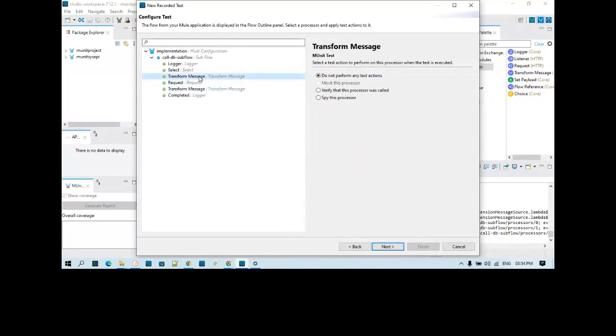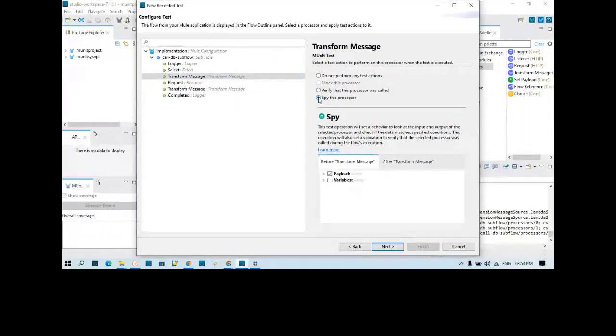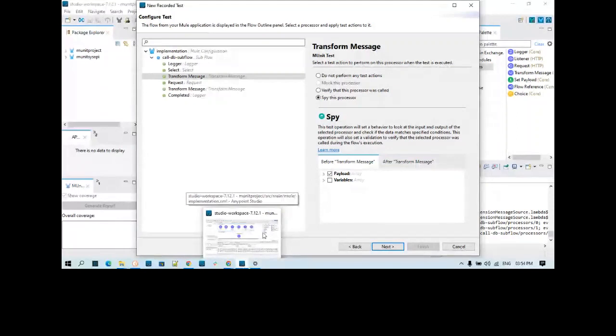Transform message, you cannot mock a transform message. Either you can verify it or you can spy. So I'll click spy on it. Okay, so anyone, what spy means, what a spy does, anyone want to share, or anyone know about it,